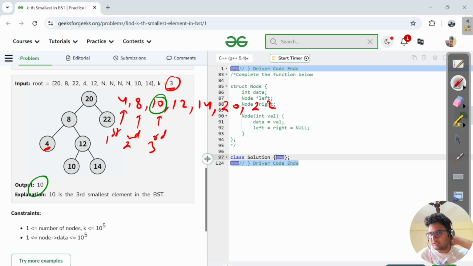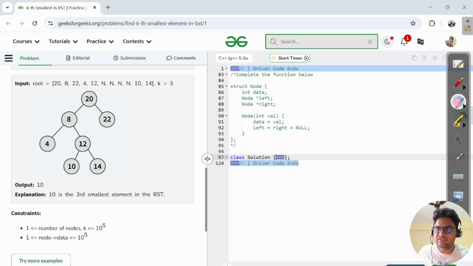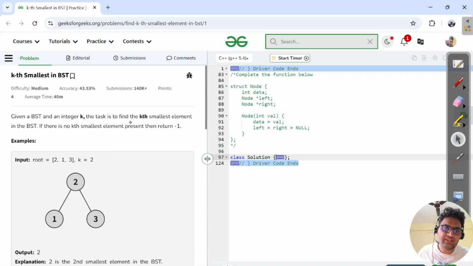Now coming to the solution. So what can be the solution for this problem? Think about that. What I am thinking is, one approach is we can basically store the in order traversal output in an array, like whatever we have just discussed, right? And then after storing into the array, we can find the kth element, right? So for example, in this case we can traverse in order,